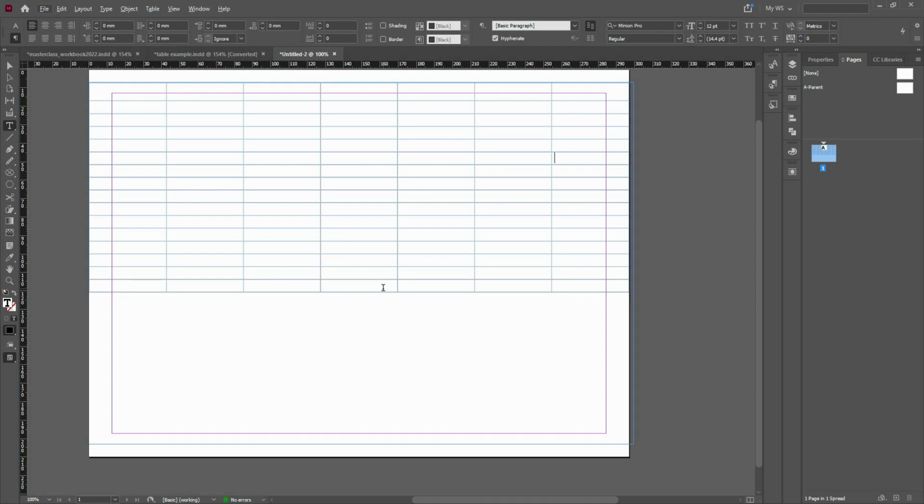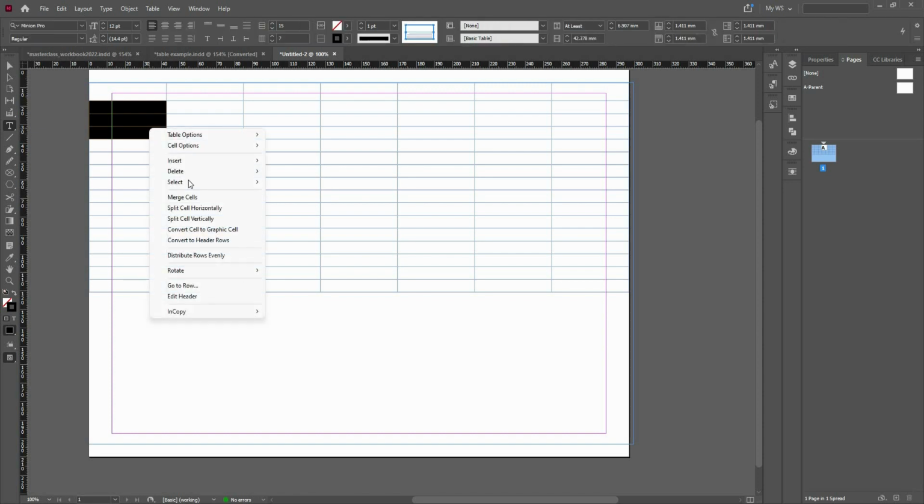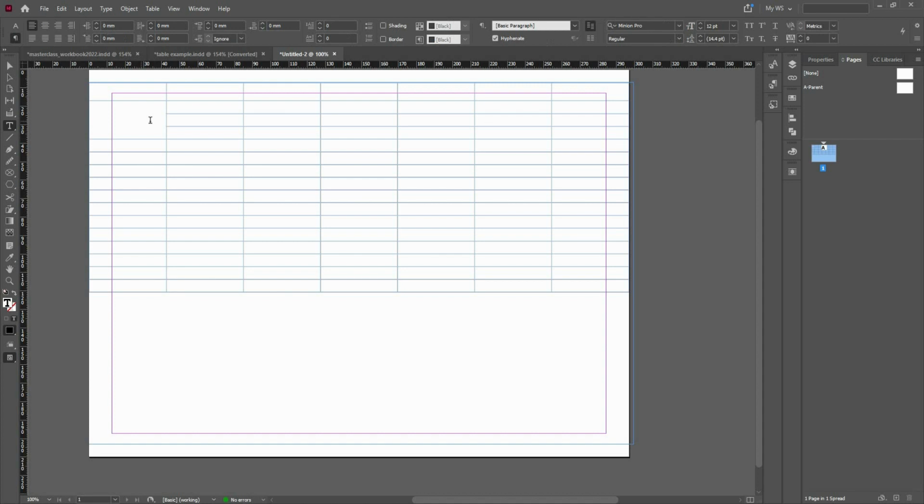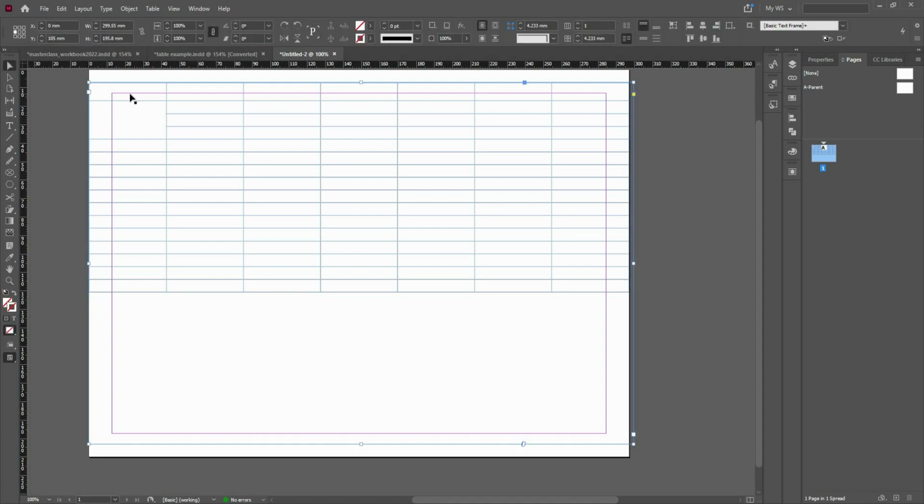In case you need to merge cells, you can of course do that by just selecting them, right click and choose merge cells, or you can do that by selecting this option, merge cells. Click here and there you can see the cells are merged. I'm going to undo the last step,